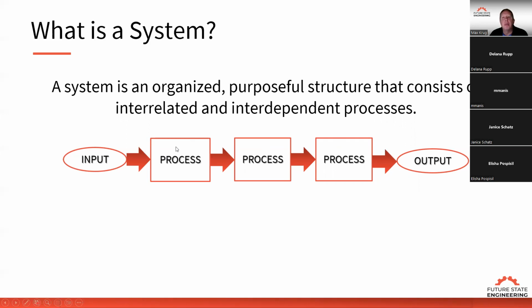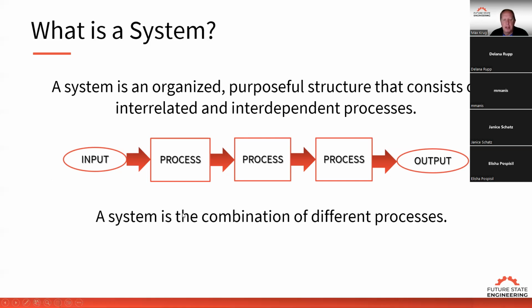Or engineering doesn't put all the specifications that are needed, and then purchasing is buying stuff out of spec. So there are interrelationships. If something's missing in one department, it can cause negative effects in other departments, and that negative effect typically goes down the chain until it hits the customer. So what we're looking for is where those interrelationships and interdependencies are that are not working so well and